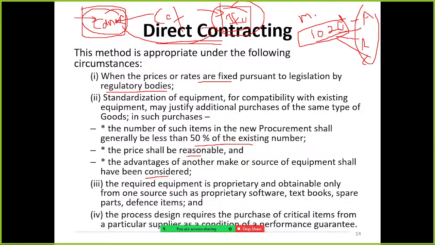The Canon printer, photocopier is supplied by a particular supplier. The condition is that in case of any repair, that particular supplier will do the service. If they violate the condition, the warranty will be void. So that kind of thing may be there, and due to that, they have to go for direct contracting.